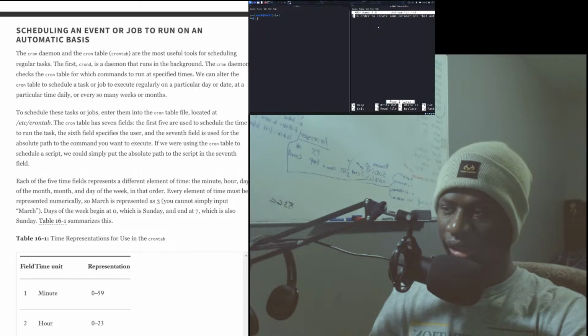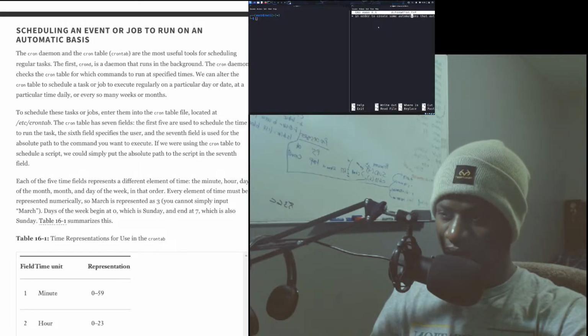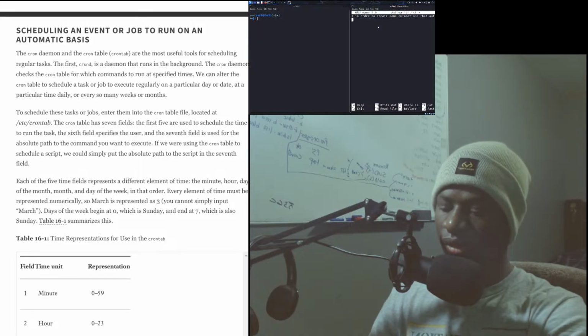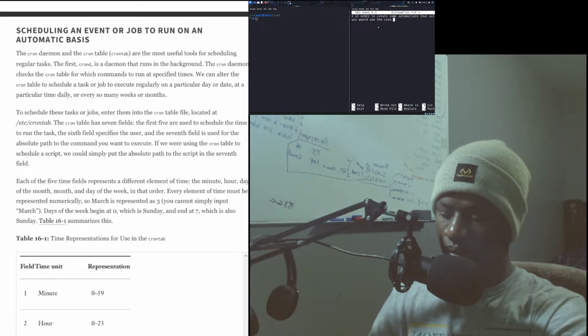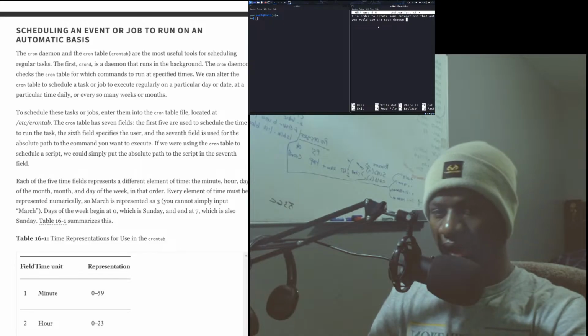To do something automatically, you would use the cron daemon. I do not know what a daemon is.